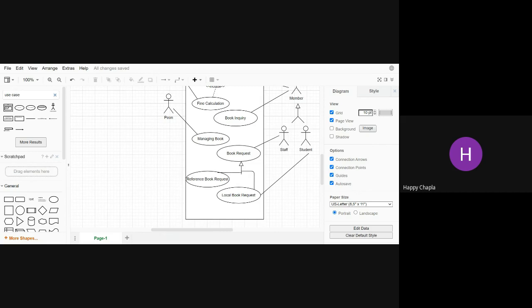And complete it within 20 minutes so that we can start with the next diagram today. So finish this use case, and after 20 minutes first I'll check your class diagram and use case, and then we'll move further towards the next diagram. See, if you have any doubt then please let me know.